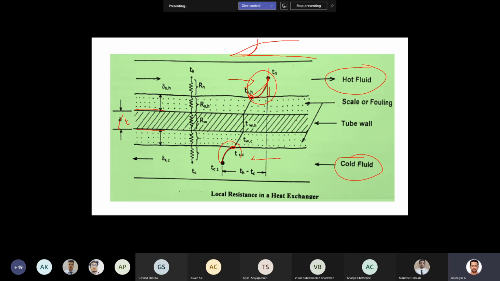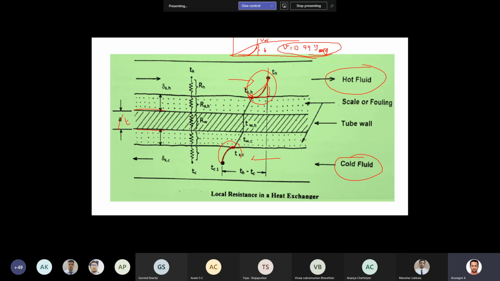At a certain thickness, this delta, you can say delta y or boundary layer thickness, here at this delta, what happens? The local velocity of the fluid, v, will be 0.99 times the v average. Correct? That is the definition of the boundary layer. So the distance in the y direction at which the velocity reaches 99% of its average velocity or bulk fluid velocity, here it is v, or sometimes you can say v infinity, okay, then this is called the momentum boundary layer.